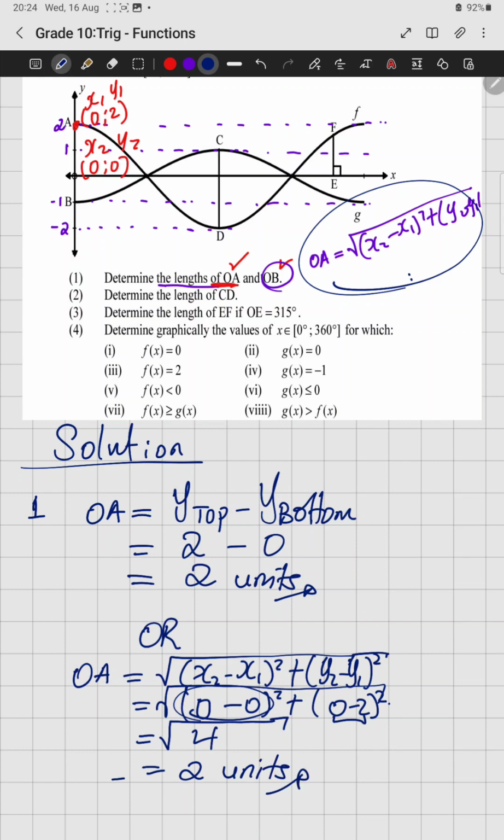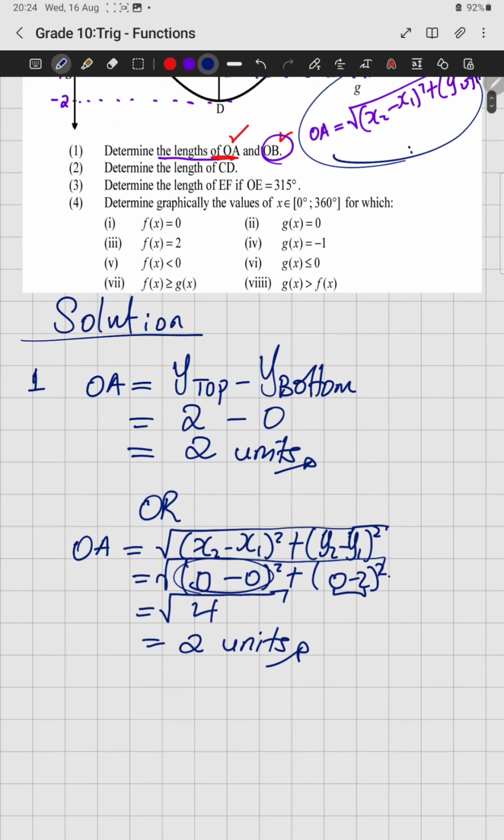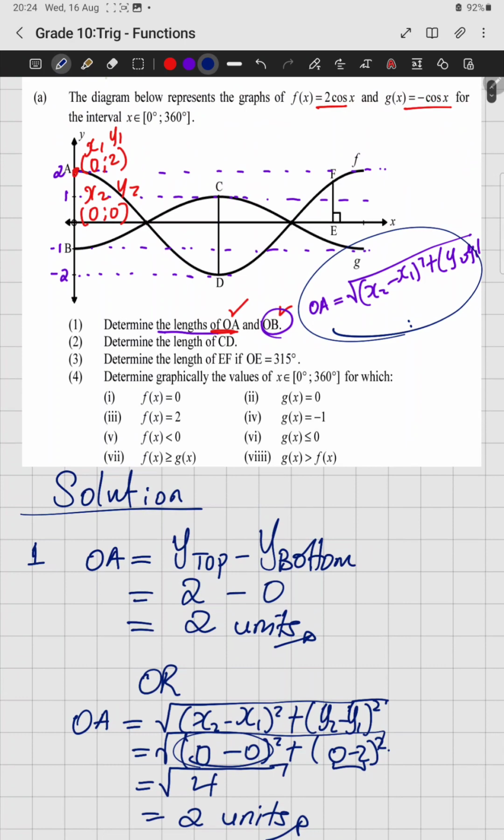Okay, so you can see that the answers here are the same. I'm not going to use this one again, but I was just showing you guys that you can also use this one as well. Okay, so now going to